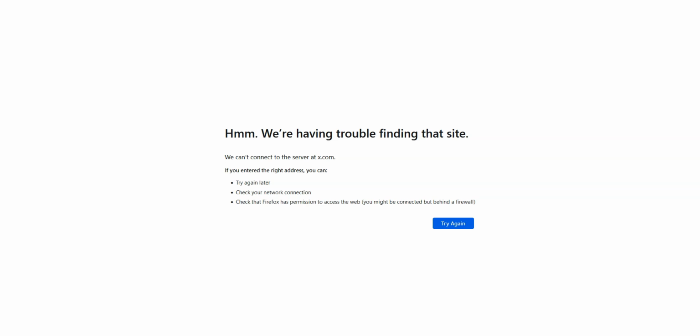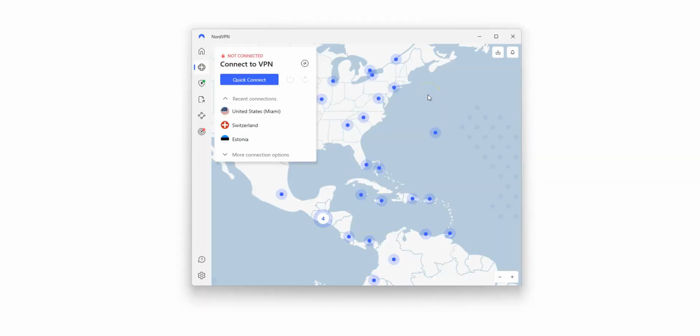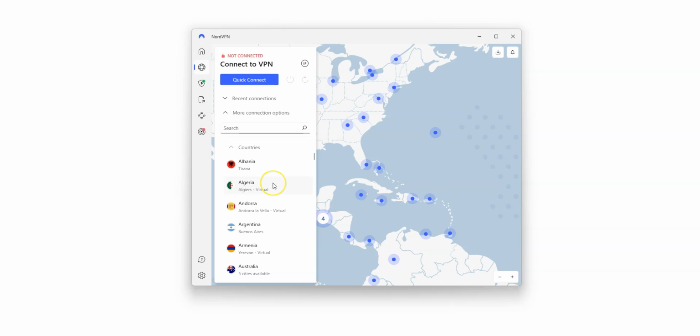If I want to access it, what I need to do is use NordVPN to make it look like I'm somewhere else. You can connect to a server using the map or from this list on the left. There are a lot of countries: the US, Canada, Argentina, Colombia, Chile, the UK, Germany, France, Spain, Italy, Australia, Japan, just to name a few. These are all countries from which you can make it look like you're in. Simply select a location. NordVPN will then establish a connection to the fastest server available in this specific location. Let's choose a location, the US for example.